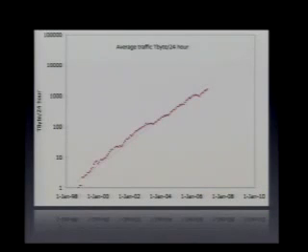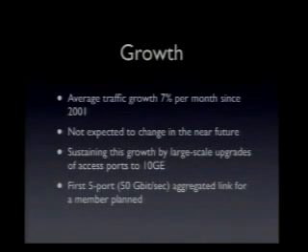This graph is a bit more interesting. Got a logarithmic scale on the left, on the y-axis. It's normalized traffic growth per month. That means that you take the traffic growth and you divide it by the number of days per month. And this is a linear fit to a logarithmic scale. So it's been exponential growth since '98. The average growth rate has been 7% per month. We don't expect this to change much. Video is coming, more services like that. Keynote has been about that.